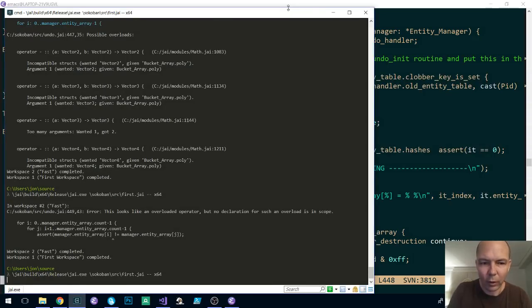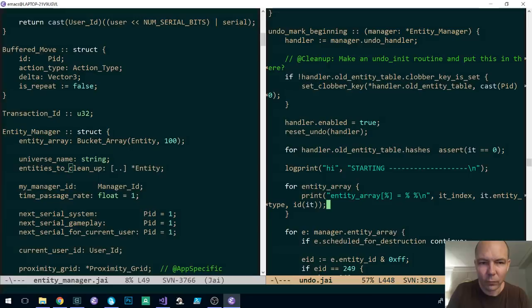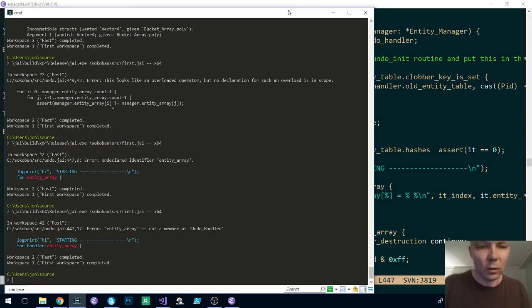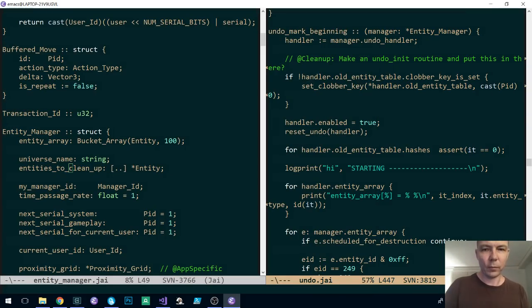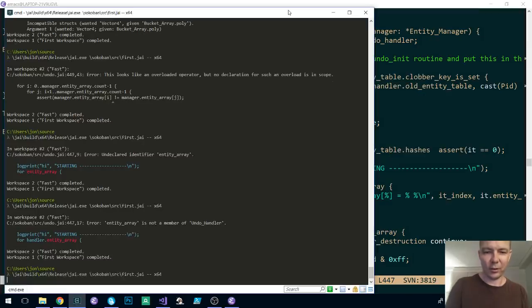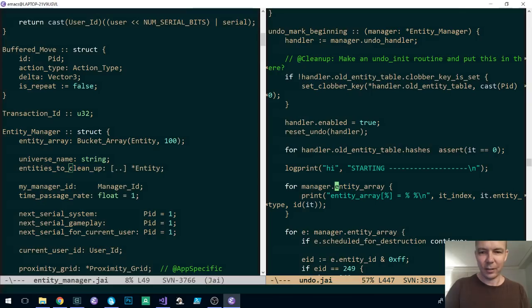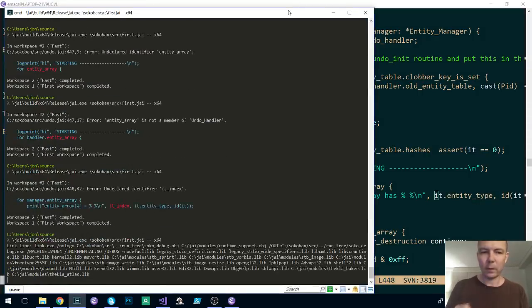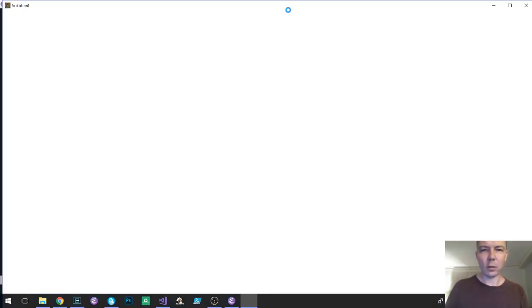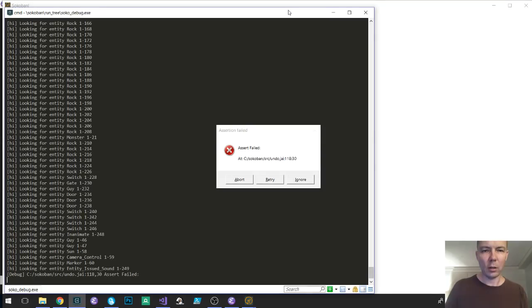So we're just going to print those out for manager.entity array. Okay. Undeclared identifier it index. Do we not get an index when we're custom iterating? Maybe that's fine. I don't care. See if I care. Okay. So